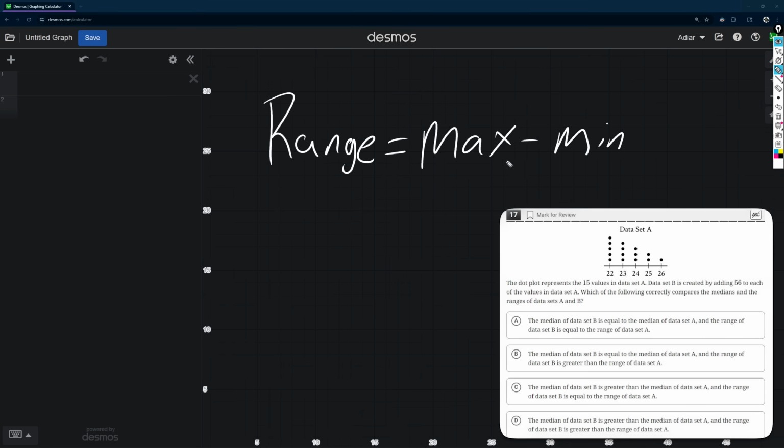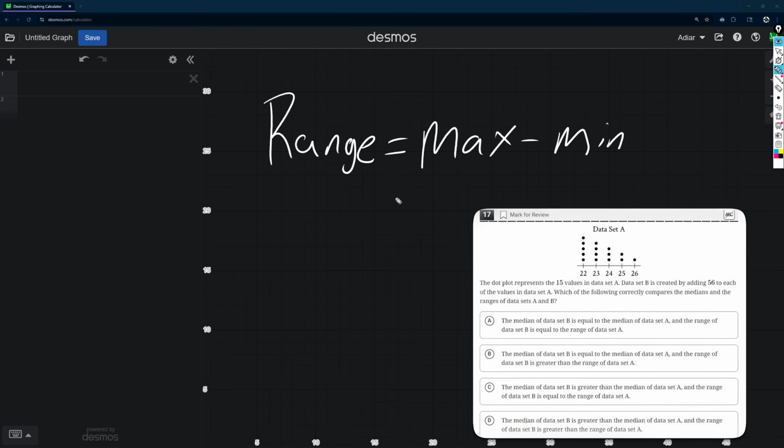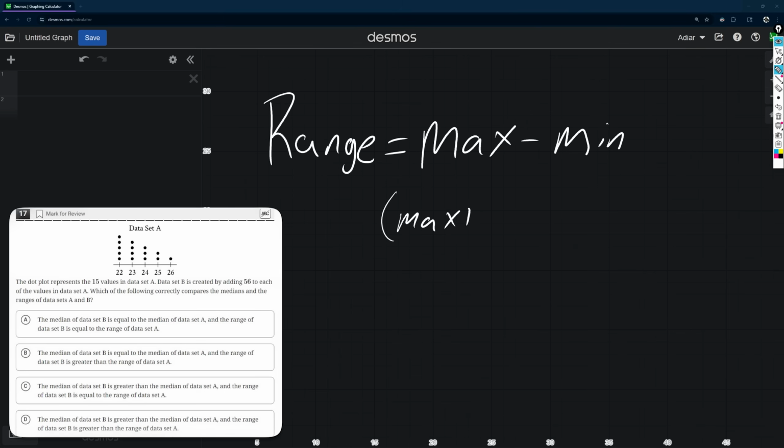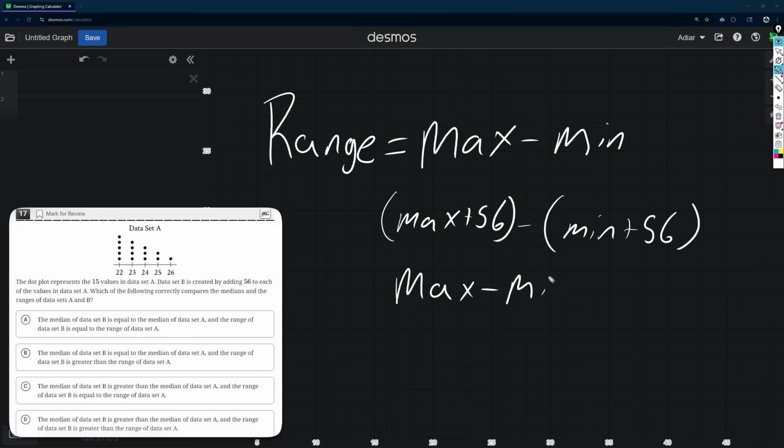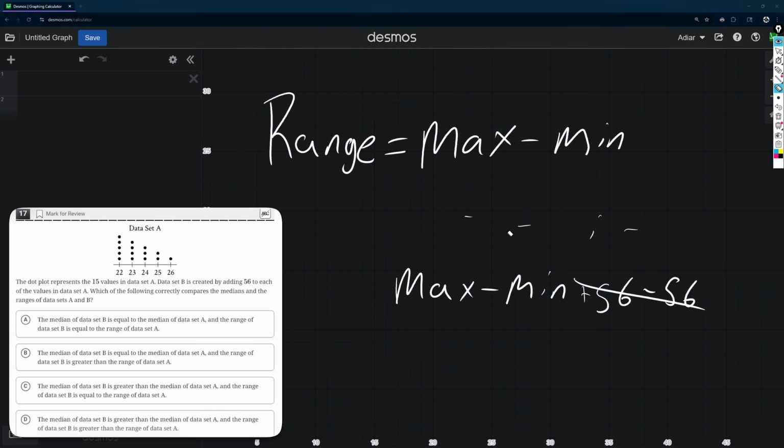So if we add 56 to each of these, then we get max plus 56 minus minimum plus 56. And that just turns out being the max minus the minimum plus 56 minus 56, which just cancels out. So the range is just going to be the same, no matter if we add 56 to all the values or not. However, the median